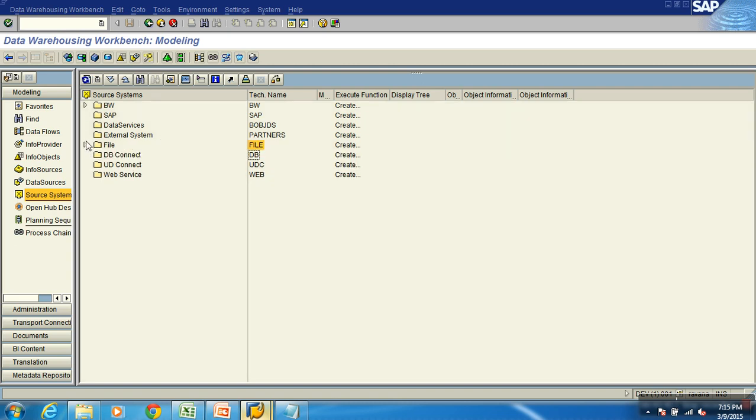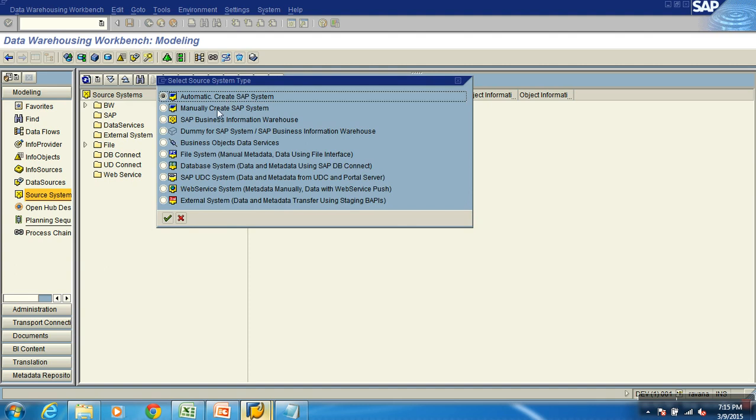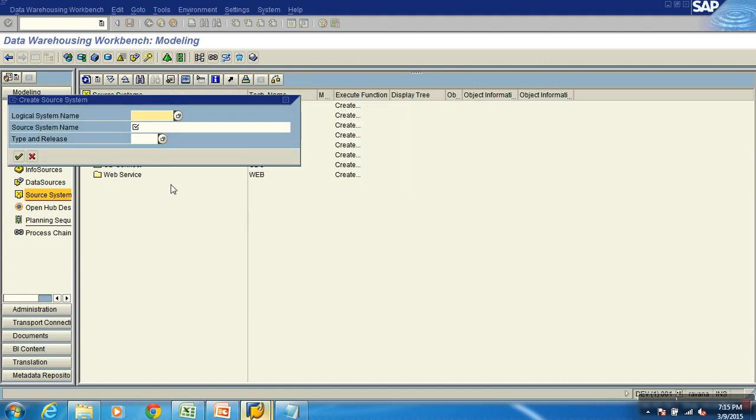Now how do I create my connection for flat file? Right click, say create. It asks me, do you want to create a connection manually or automatically, which one should I use for flat file? File system. Say okay. Now I give it a name, YPC file, and some description, flat file connection. When I say okay, what happens internally for SAP environment is it uses something called iDocs for transferring all the data. It will configure those iDocs, TRFC port, all the ports, everything automatically to load the data into BW.